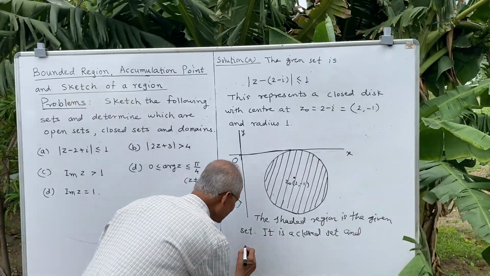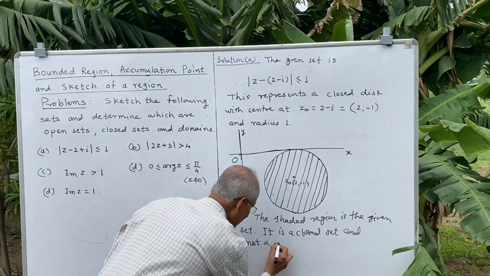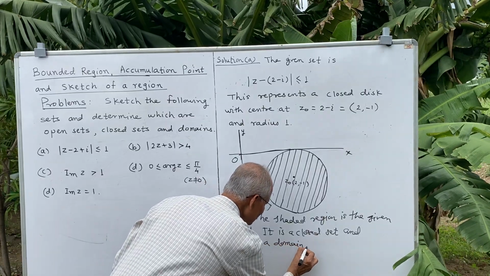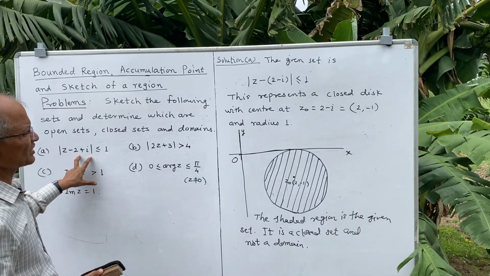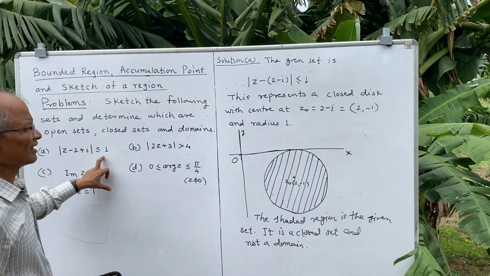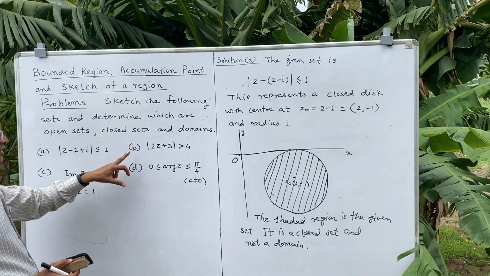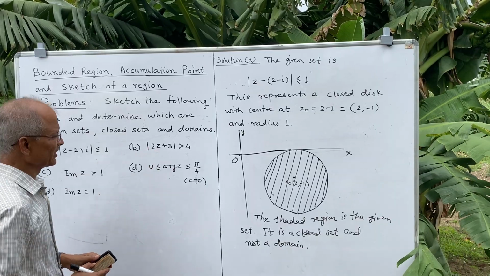So it is a closed set. In this way we have sketched the first set, |z - 2 + i| ≤ 1. Now we shall consider the second one, that is B,